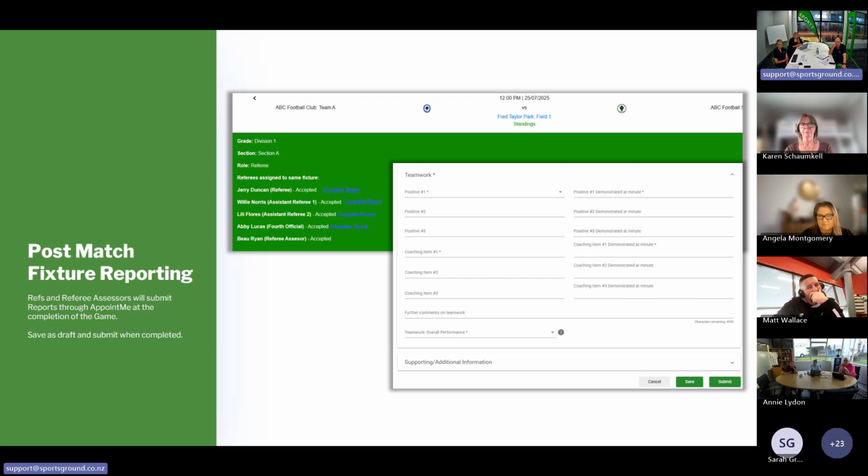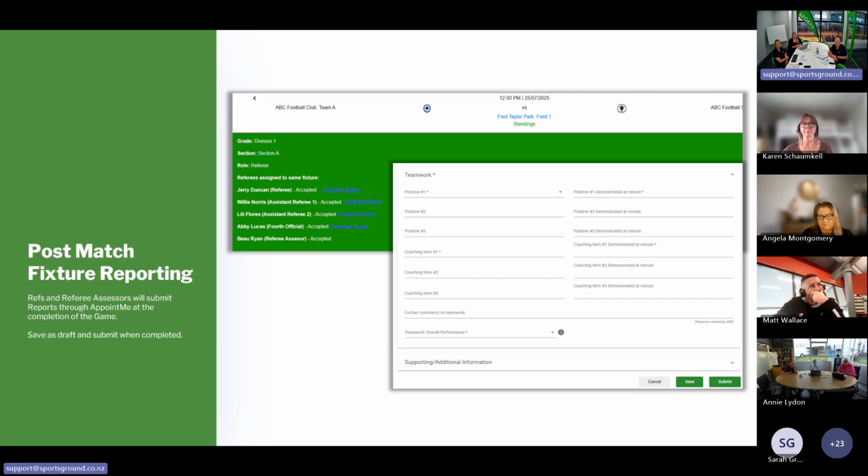Referee assessments, however, do need to be validated by you as appointment officers to confirm the rankings and the assessments that have been completed, since that is one of your accreditation and learning evidence items. So we'll go through that process in relation to how your federations will approve referee assessor reports and make those available as a PDF to the people that the assessment has been completed against.